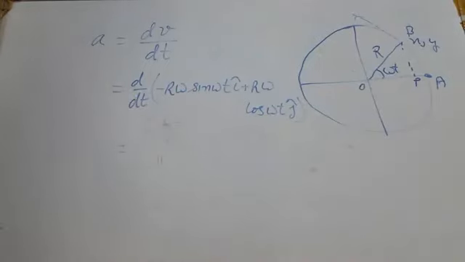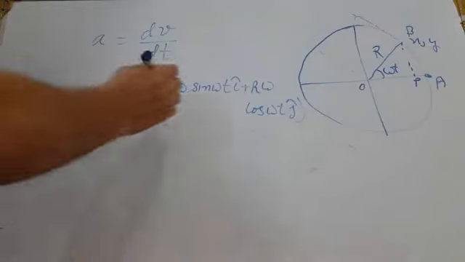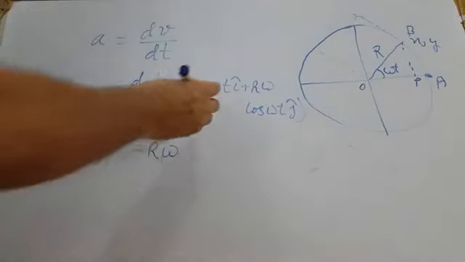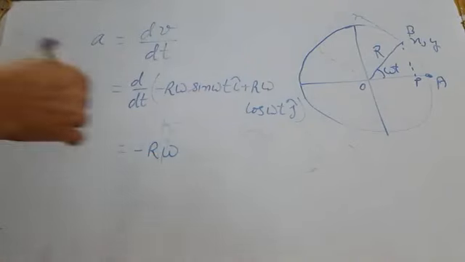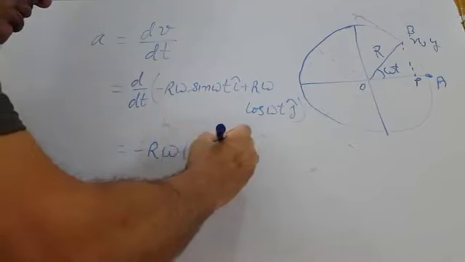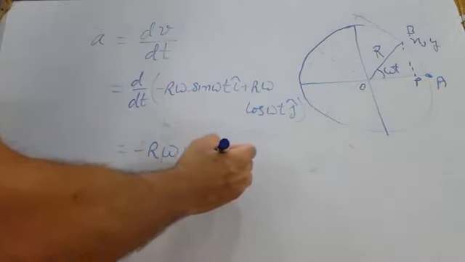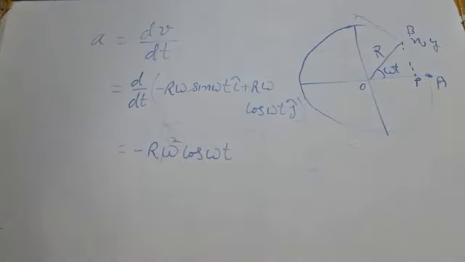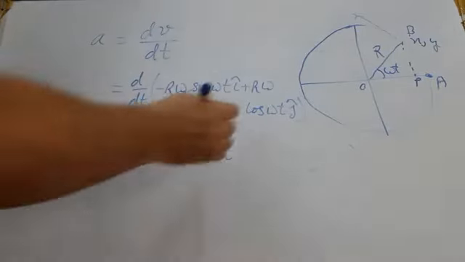We will differentiate it. This minus sin r omega, differentiation of sin theta is cos theta, so sin omega t will become cos omega t. And differentiation of omega t is omega, so it will become omega into omega, omega square. So minus r omega square cos omega t, direction was